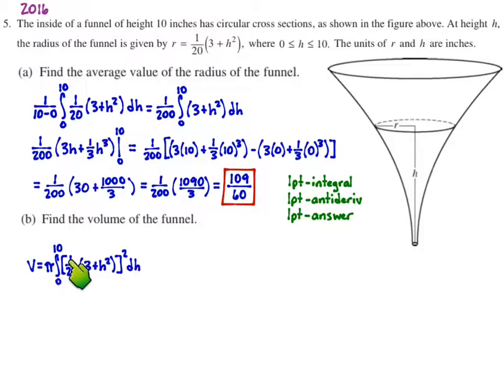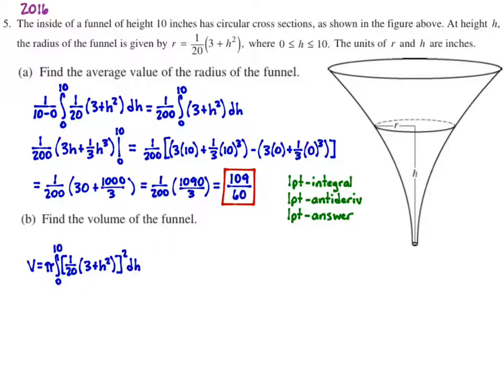Pi times, and it gave us the radius. The radius was given by this equation, so the radius squared, pi r squared. And then the integral is from 0 to 10 because we're looking for the volume of the entire funnel. Now notice it's slicing it into an infinite set of cylinders. You can see that here. Here's pi r squared and then the height of each cylinder. And then we're summing it all up. Now, it says find the